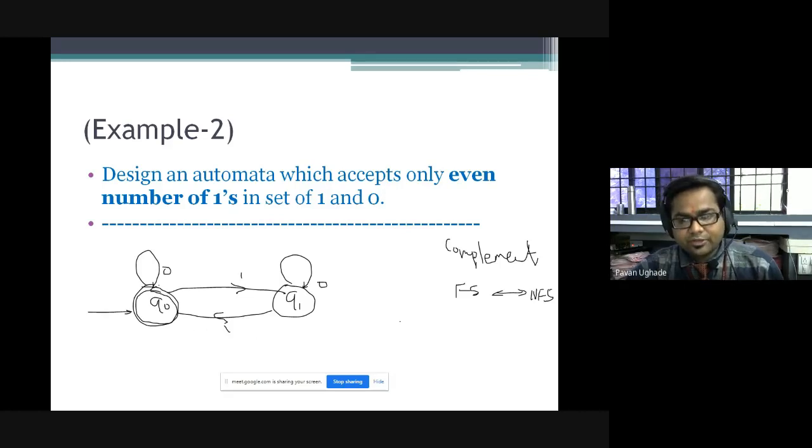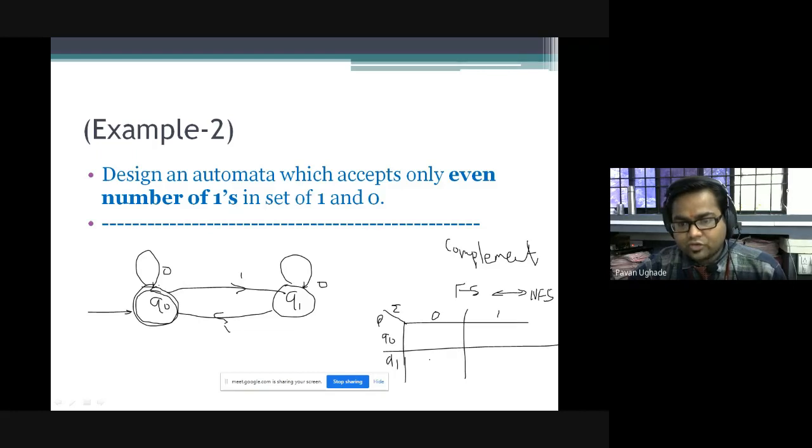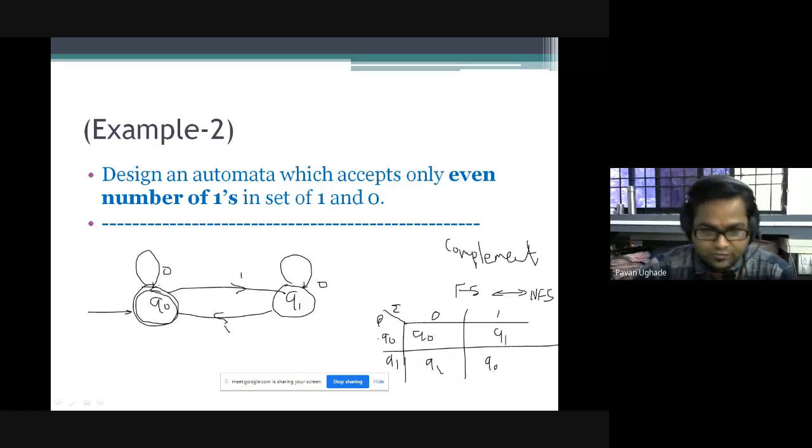Now the transition table, you know the transition table, how will you draw it? It is simple. It is the state versus alphabet. How many alphabets did we have? We had 0 and 1. How many states were taking part? q0 and q1. Okay, so simply write down: q0 over 0 is going to the same q0, and here it is q1, this is q1 and this is q0. One very important point I couldn't tell you people, I forgot to tell.